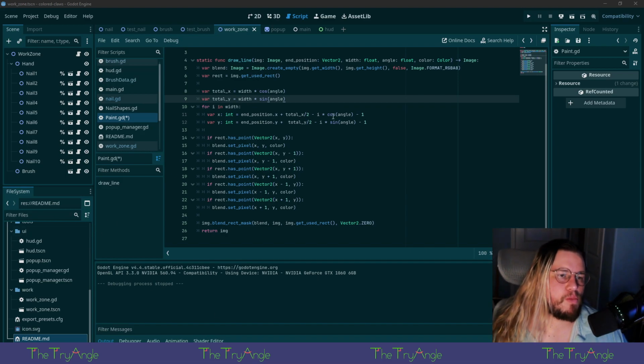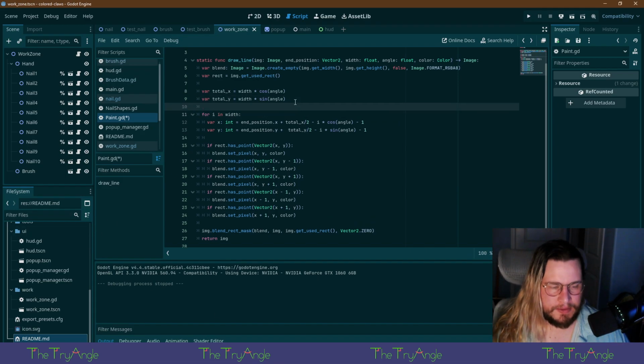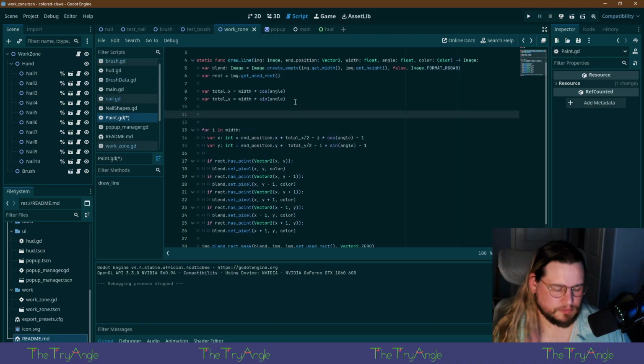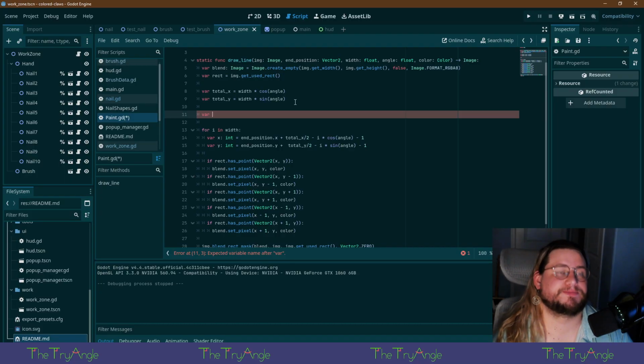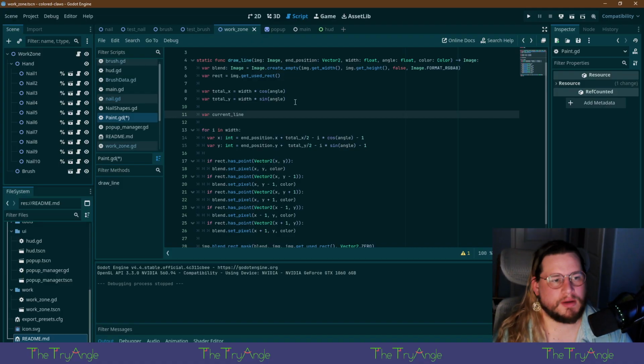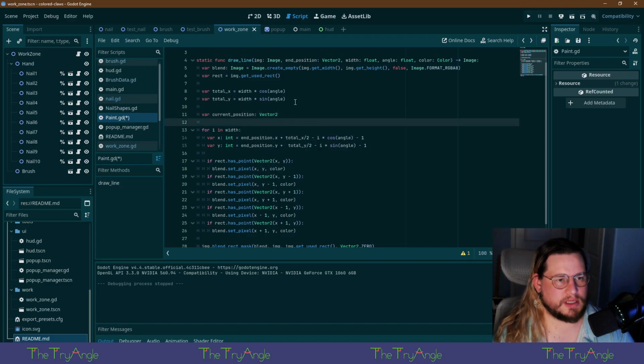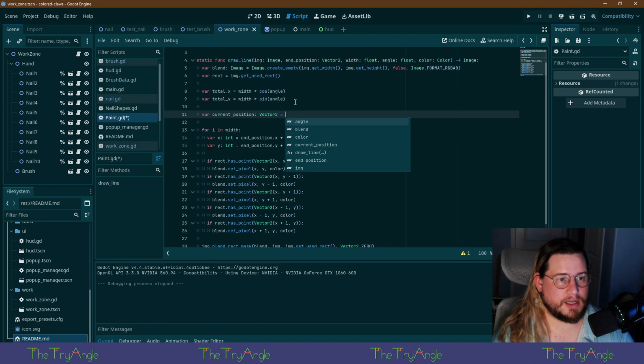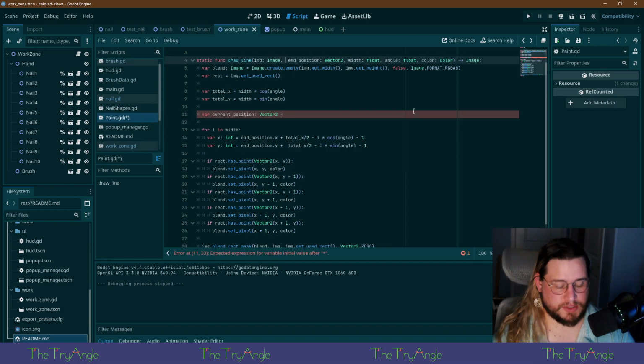So like current line, current position. Well, let's not make it complicated. And it's going to start with a start.